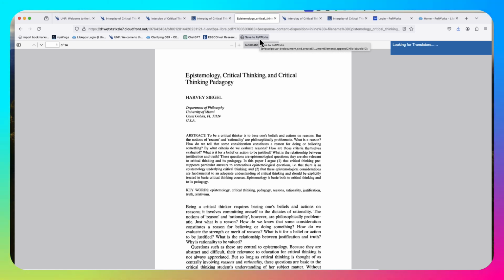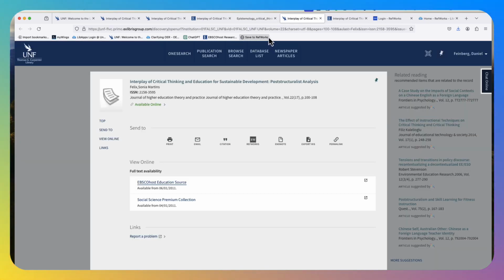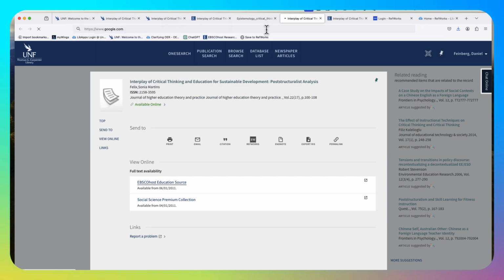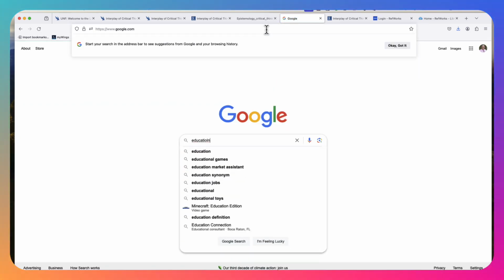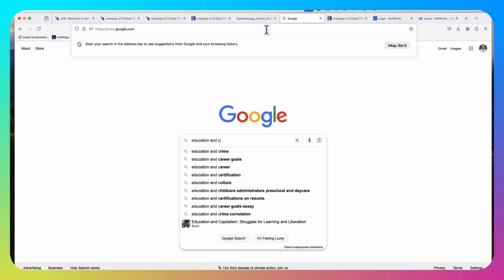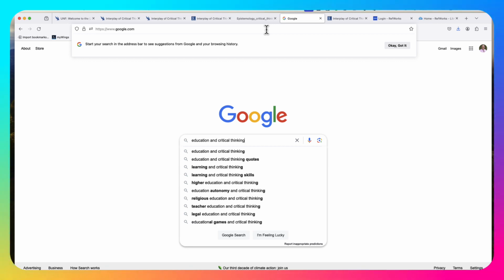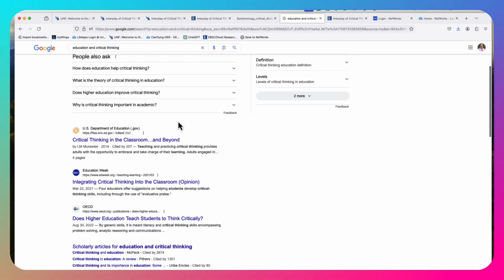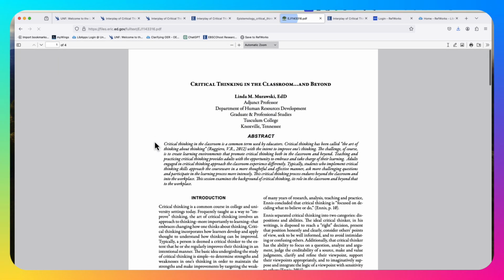So just for a moment, I'm going to go away from that, and I'm going to go into google.com and put in education and critical thinking, and I'm just going to make that database work a little bit harder. So what if we wanted, for instance, the critical thinking in the classroom,